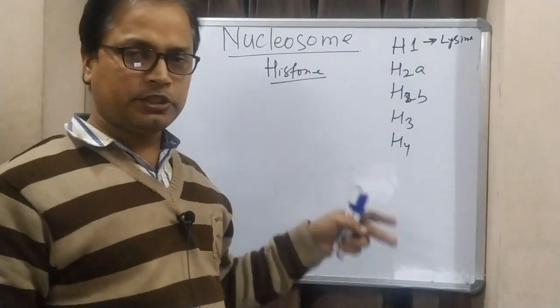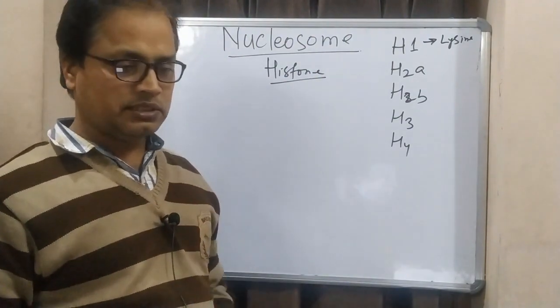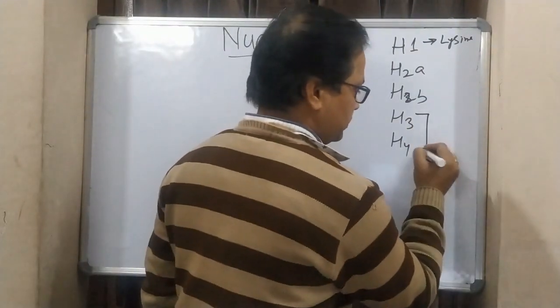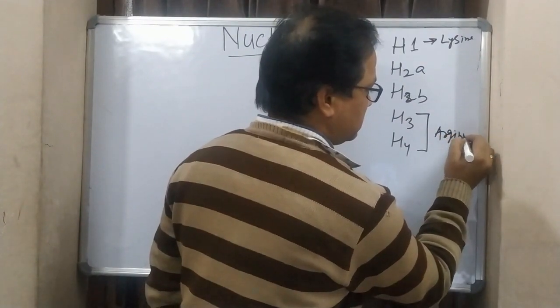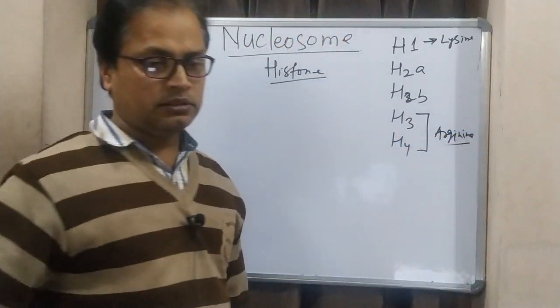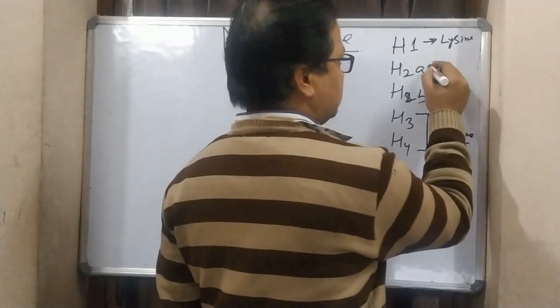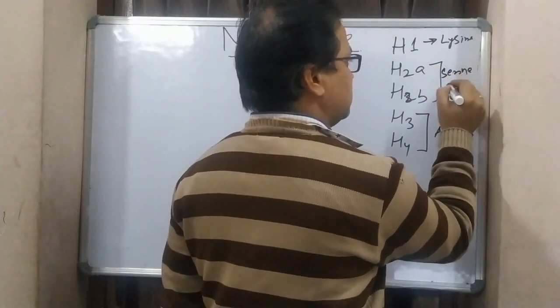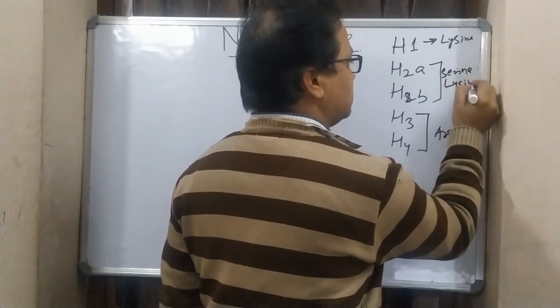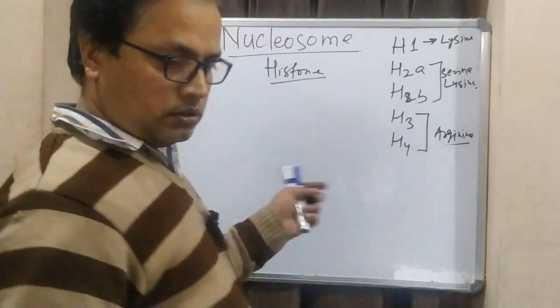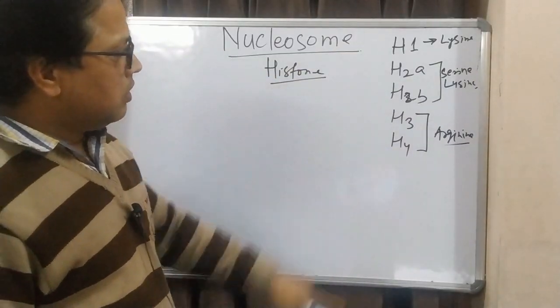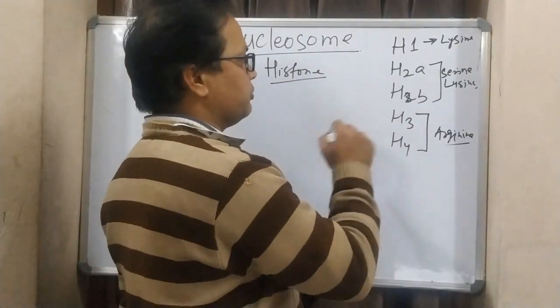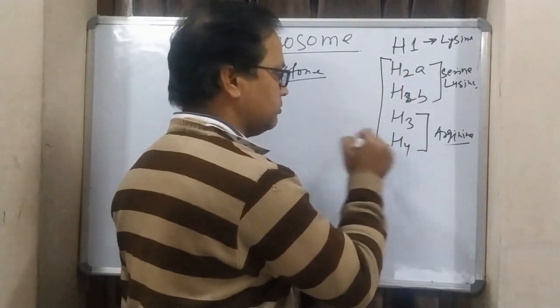Because all histones are basic proteins, they will have arginine, histidine and lysines. H3 and H4 are arginine rich, and H2A, H2B are lysine rich. Now, out of these 5 histone proteins, these 4 histone proteins,